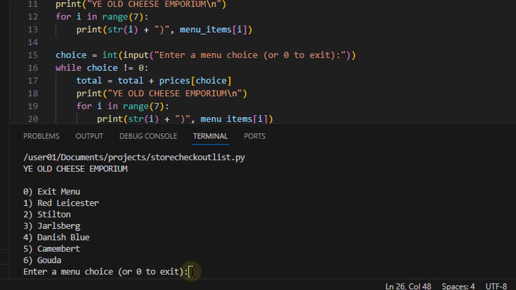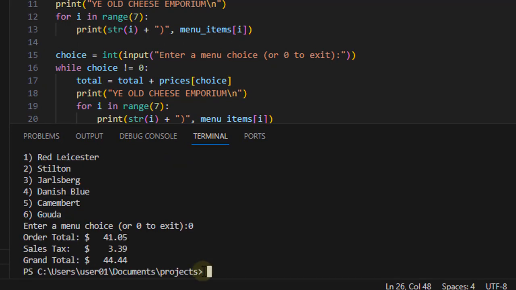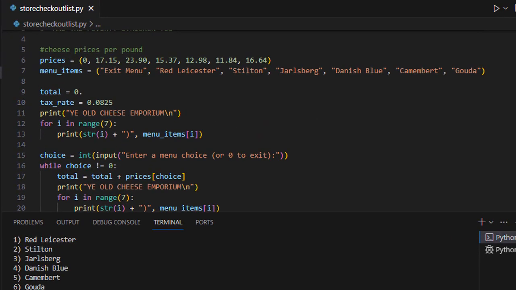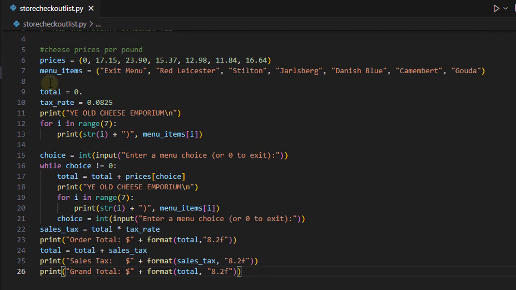So it gives us our menu here, and we can put in a couple of choices. And then we put in 0, and that gives us our totals at the end. But let's say we want more of a receipt style, so we want to keep track of everything that we're doing. So a couple of ways to do that, but what we're going to do, since we're looking at lists,